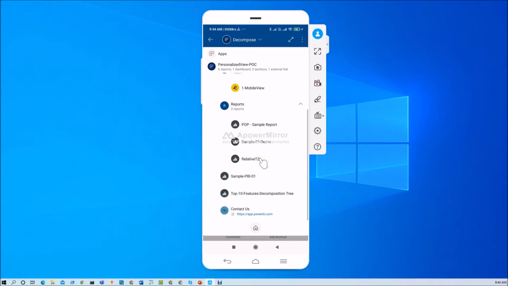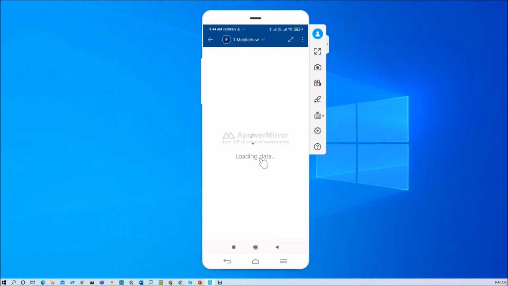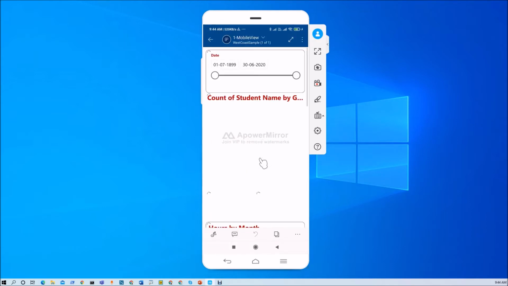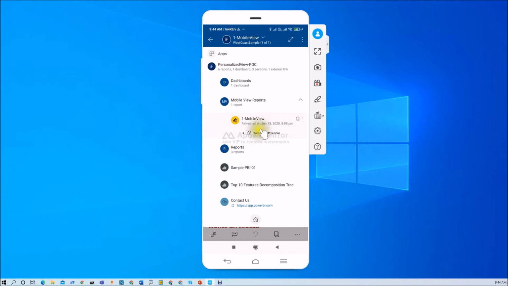Now let me click on anything, let's say I'm clicking on mobile view report. It is redirecting me to the mobile view report like this, right? One more thing to remember: when you navigate to the report, if you click on the header over here, you can see this arrow icon, which means that you have opened this report at this moment, you are under mobile view reports and you are watching mobile view report, and this is the page count it is showing over here, right?